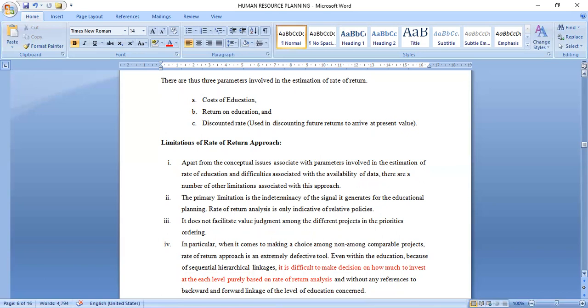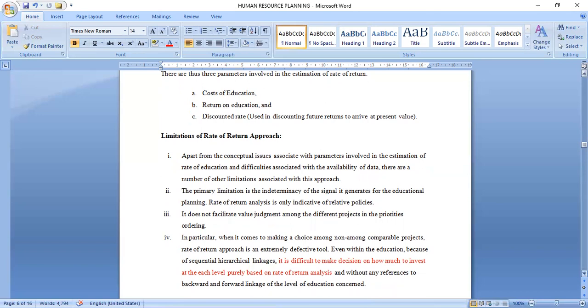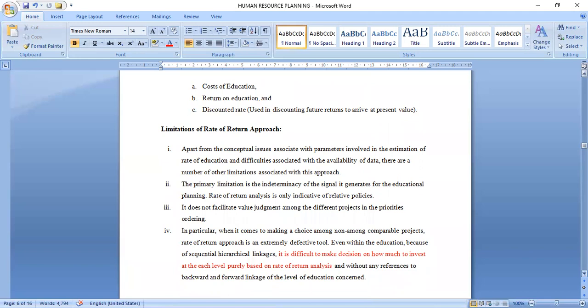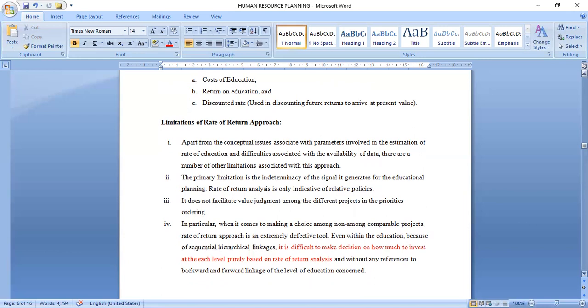Then also we can measure this rate of return in terms of the return on education, like we've already seen. After these people are educated, how do they contribute to the government, for example, in terms of productivity, in terms of production of goods and services in the nation, in terms of maybe becoming entrepreneurs and providing jobs for other people, in terms of paying taxes to the government and thereby contributing to the national income.